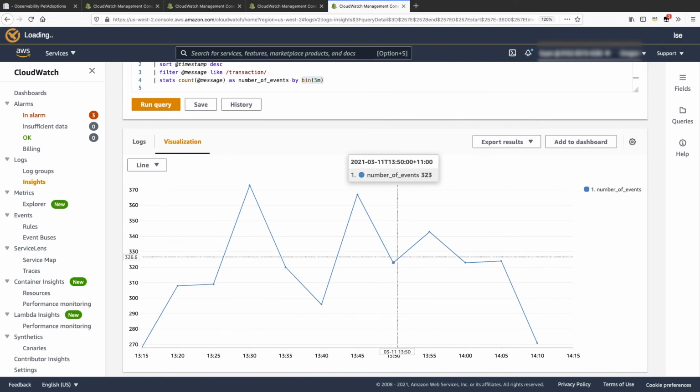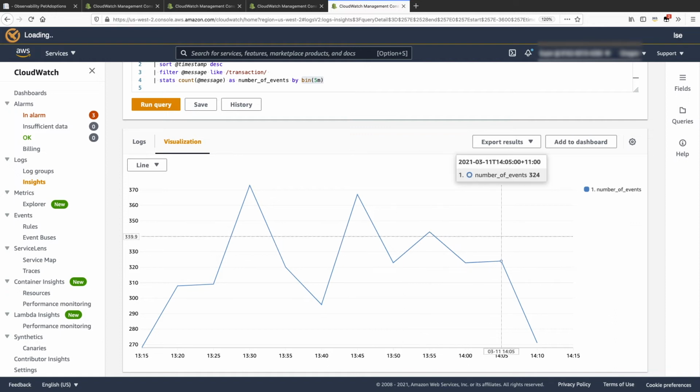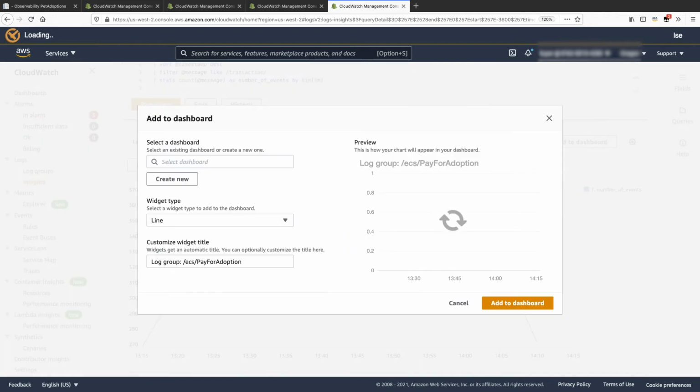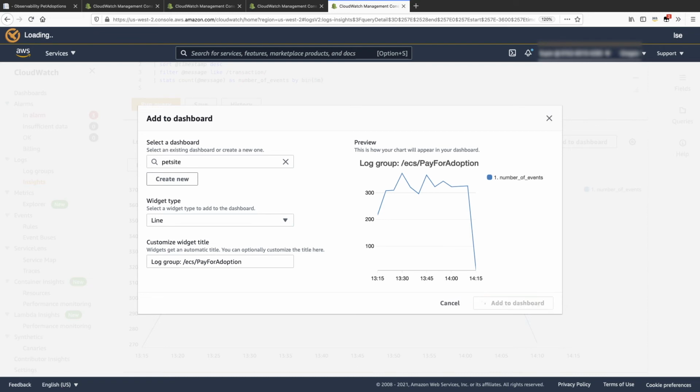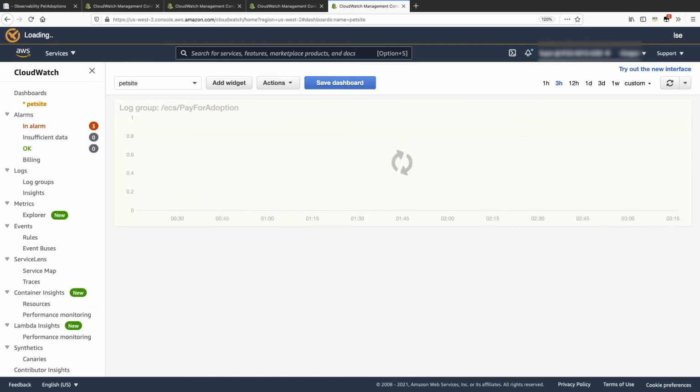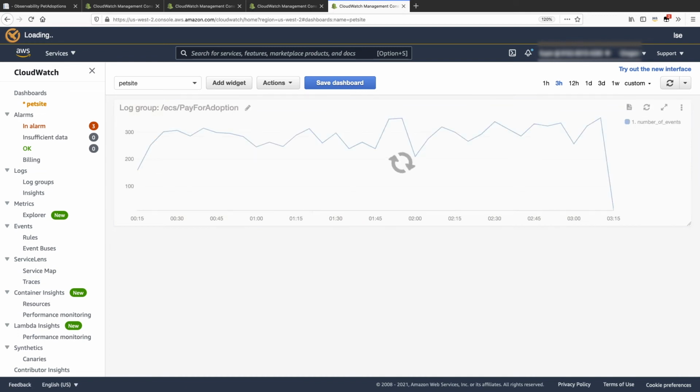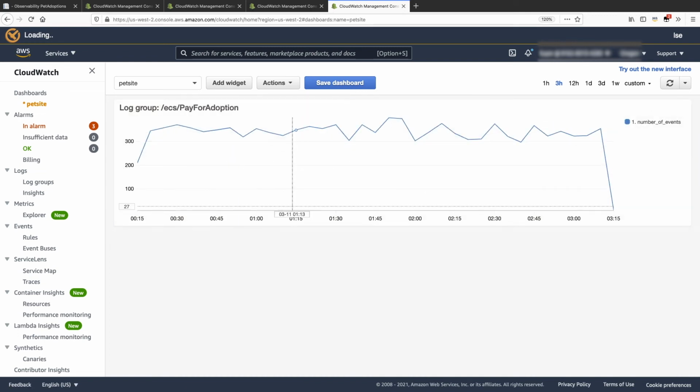Probably the end user experience gets impacted by underlying resource constraints, but the service is still fulfilling the requests all the time. This is helpful because it tells you how your end user is sending the request and getting the request serviced. Click Add to Dashboard, and this is a customizable homepage that you can use to monitor your resources in a single view.